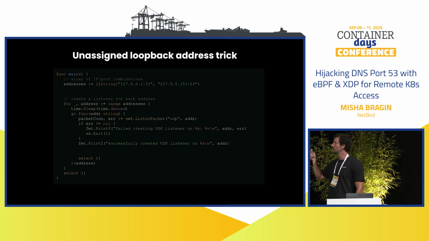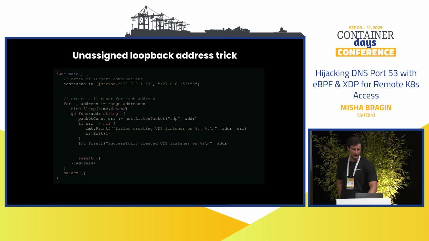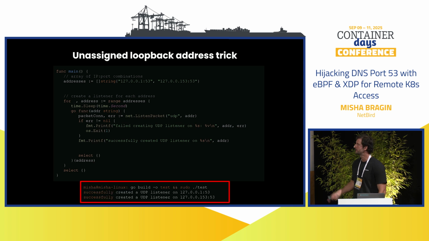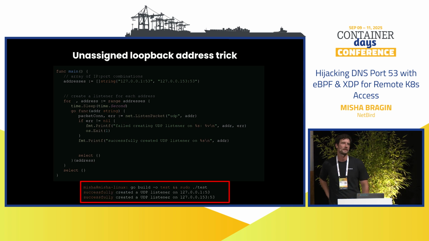That's very simple code in Go. You see at the top we have 127.0.0.153 port 53, and I'm just running this program to see if I can listen on the same port but different IP addresses. So it works,